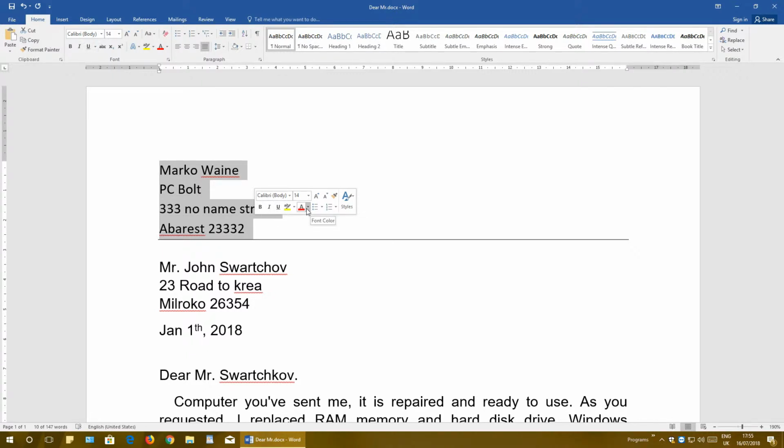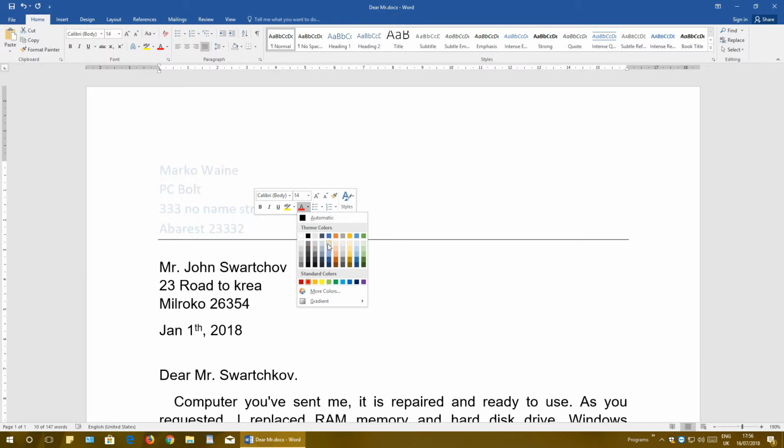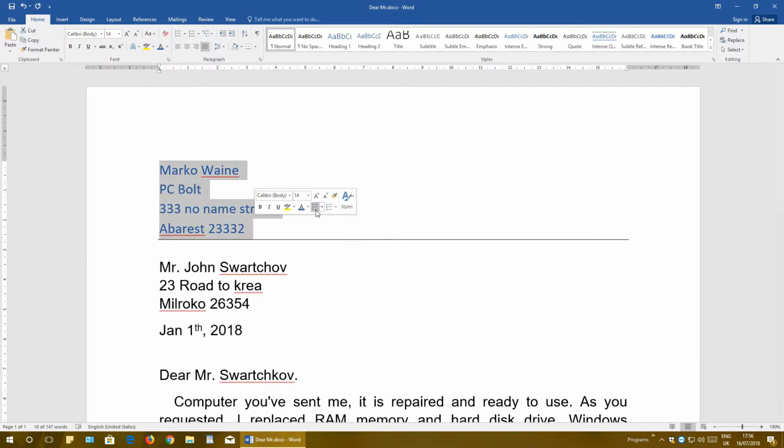You can also select the color of the letters. Here you have a button which has a red line. If you click on it, all the selected text will be colored red, because the red color here is selected. But if you want to change to some other color, it is very easy. Just click this arrow button on the side of this A and just select whatever color you want, let's say blue. You can also insert bullets,